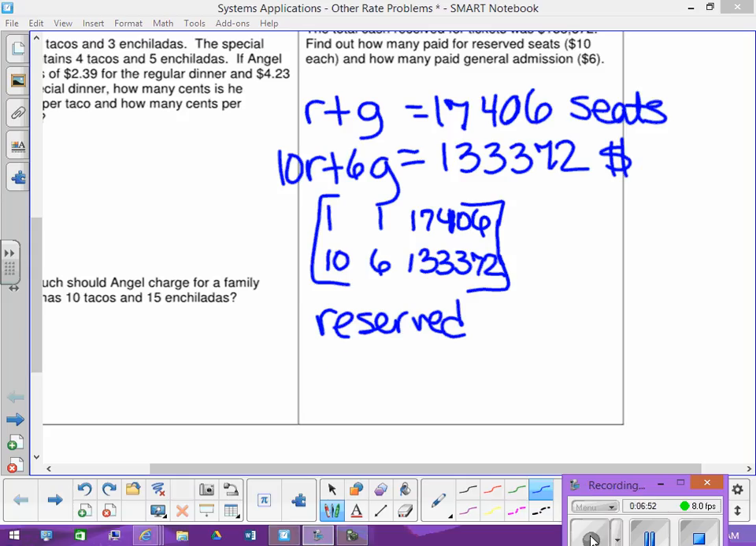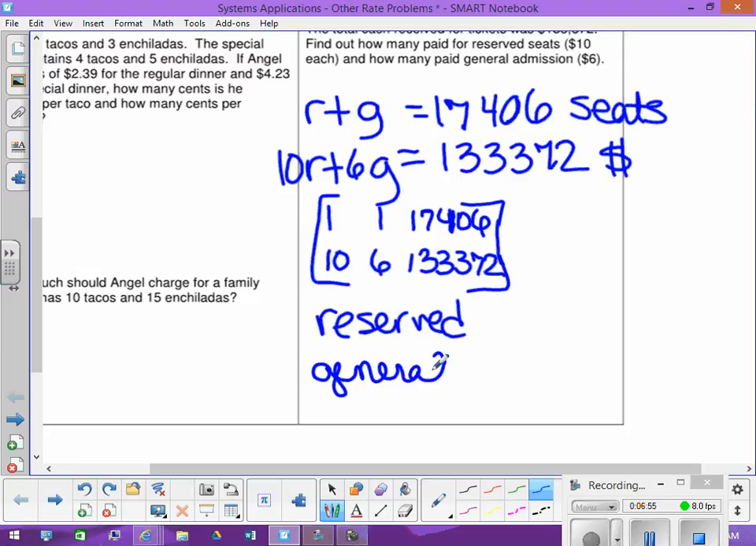We know how many reserved and how many general admission. So, what do you find out for reserved? 7,234. Okay, so what was for the general admission? And it would be really easy to check that, because if you added those together, they should equal up to 17,406. So, just make sure that you label your answer, because you need to know what it is that you're looking for in case you need to go back and substitute that in for something else, like you'll do on some of these other problems. Okay, so that should be